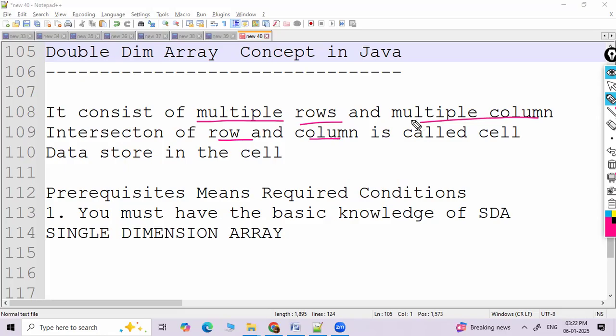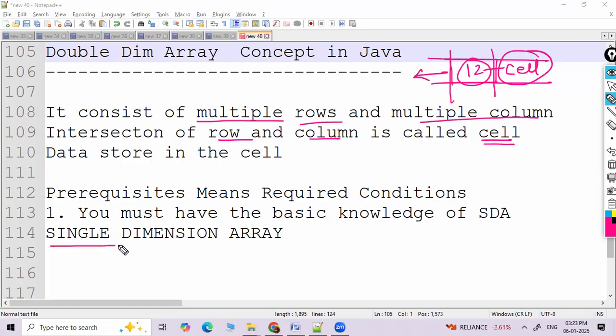Intersection of rows and columns, where the rows and columns intersect. So this is a row, this is a column, and at the intersecting point, a rectangular area is created called a cell. The data are generally stored in the cell like that. What is the prerequisite to understand the double dimension array? If you have basic knowledge of the single dimension array, then it will be very easy to understand the double dimension array concept in Java. So without wasting time,